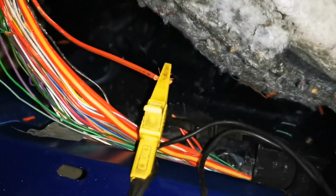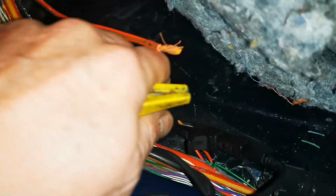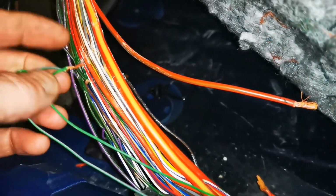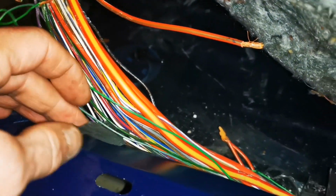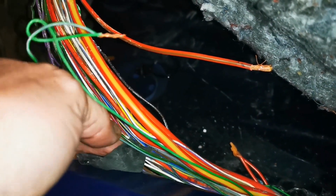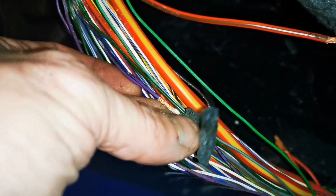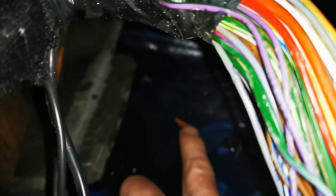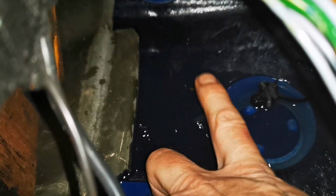Well, it'll be a good one when I tidy this mess up, you know. So we'll get our wee jumper out of the way, and we'll have to tidy that up. Of course, bit of solder, bit of shrink, mastic coated shrink. We'll redo this one because that'll go as well. But the problem here, the cause is, if I can get you down in here, can you see in there? This loom's sitting in water, and this soundproofing